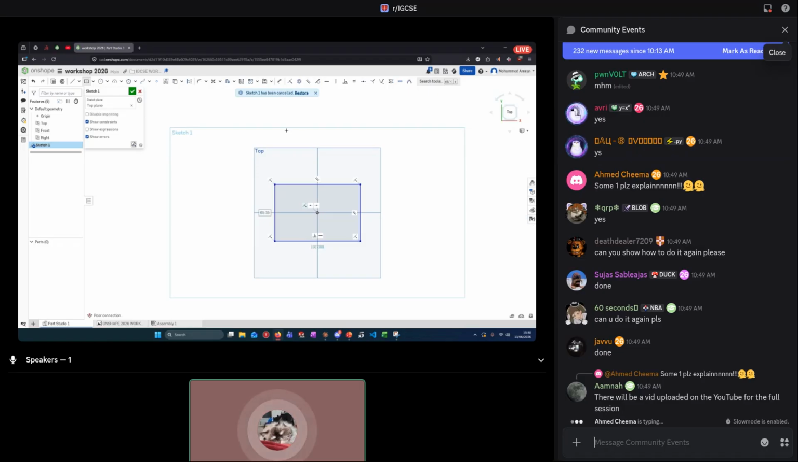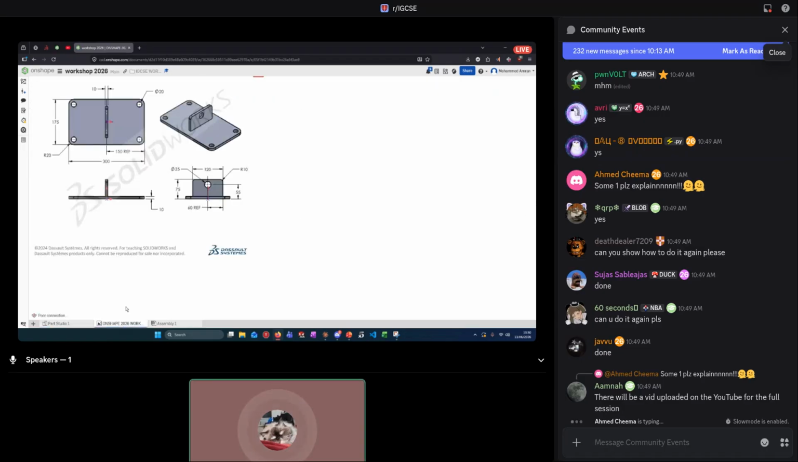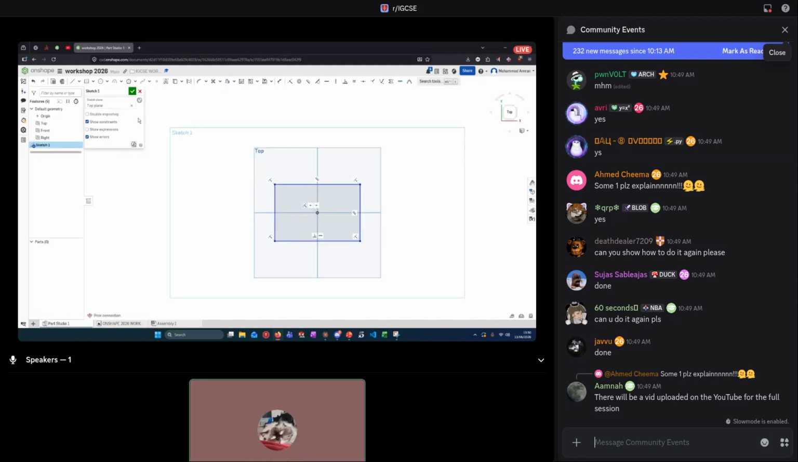So after drawing the rectangle, now we want to dimension it. So it's 300 by 175. I'm going to click escape if the rectangle tool is still highlighted, and then I'm going to go to the dimension tool. Click on the dimension tool, make sure it is highlighted, and then come right here, click on